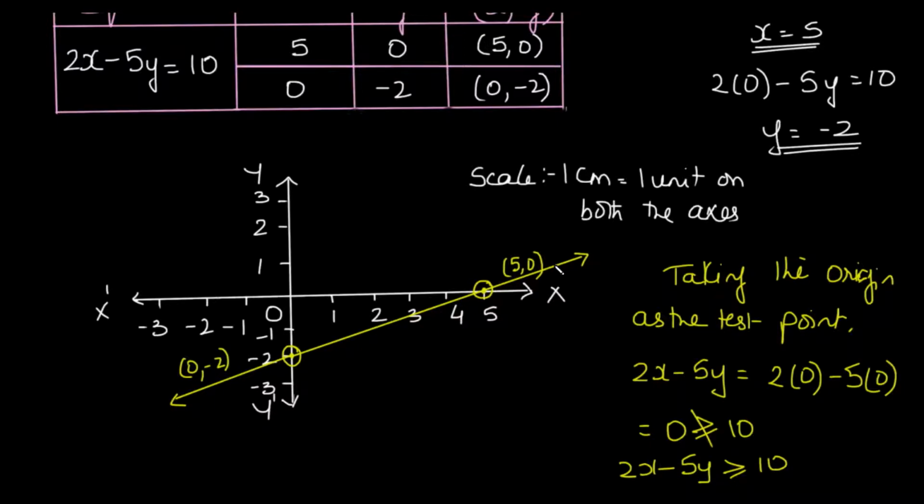See, this is the line, this is the origin side of the line, and this one is the non-origin side of the line. So our feasible region, the solution set, lies on the non-origin side of the line. Remember, since the symbol given here is greater than or equal to, in the previous sum also the same thing, the line is also included in the solution set. This one you have to remember, and that is why we are drawing solid lines over here.